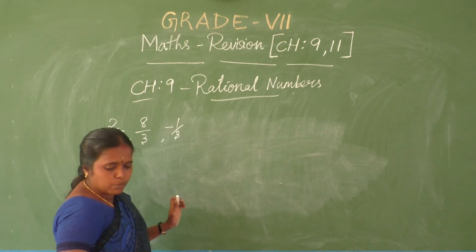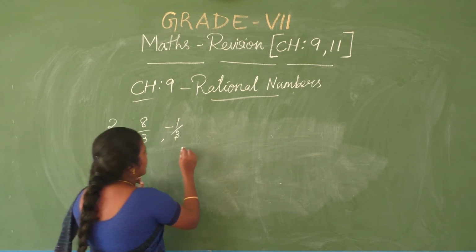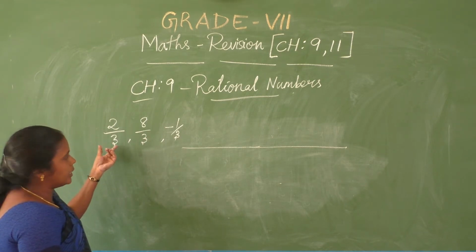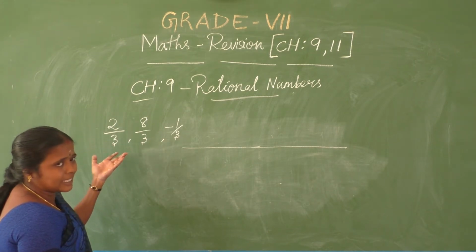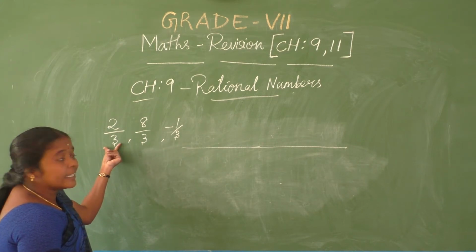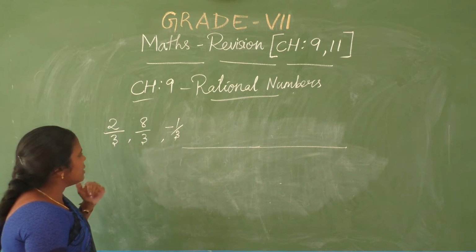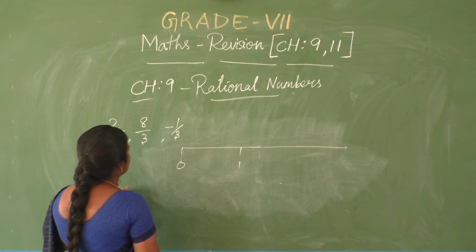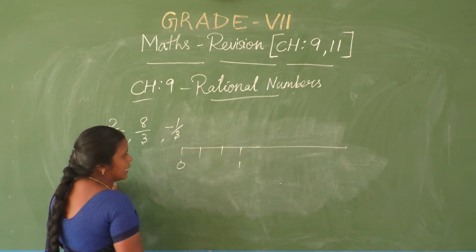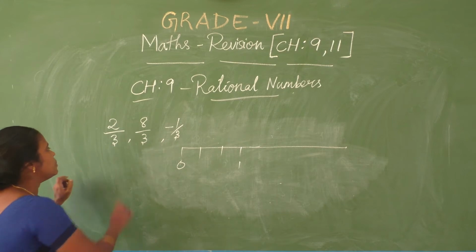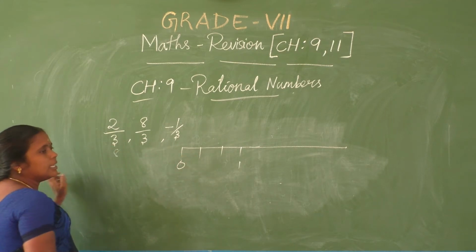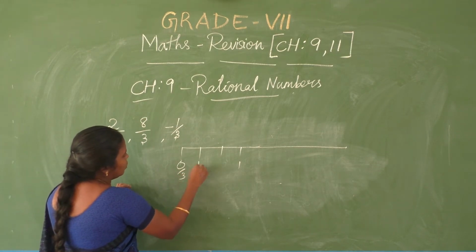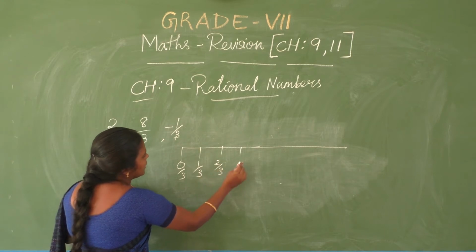So, rational numbers must be on the line. In which way can you express? Actually 2 by 3. While representing any rational, nothing but a fraction here, you have to consider their denominator. See, 0, this is 1. This is one interval. In this, I have to cut 3 pieces, according to my denominator 3. Suppose if it is 8, you have to cut the interval into 8 parts. Okay, 8 pieces. See, 0 by 3, 1 by 3, 2 by 3, 3 by 3.